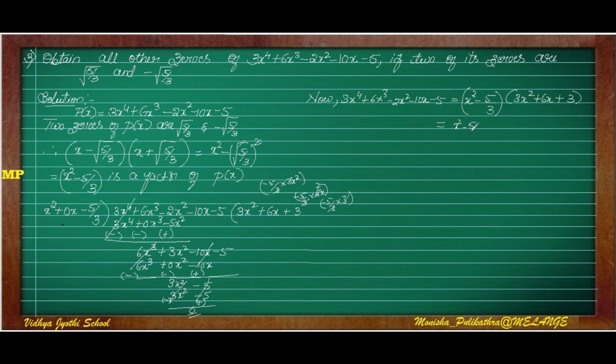So x square minus 5 by 3, write as it is. So next here I will be taking 3 as common. So remaining is x square plus 2x plus 1. So while simplifying, x square plus 2x plus 1 is x square plus 1x plus 1x plus 1. So x common, so here will be x plus 1, and here plus 1 common, here also x plus 1. We will get x plus 1 two times. So x plus 1 two times is nothing but x plus 1 whole square. So this x square plus 2x plus 1 is also equal to x plus 1 whole square. So x square minus 5 by 3 into 3 into x plus 1 whole square.